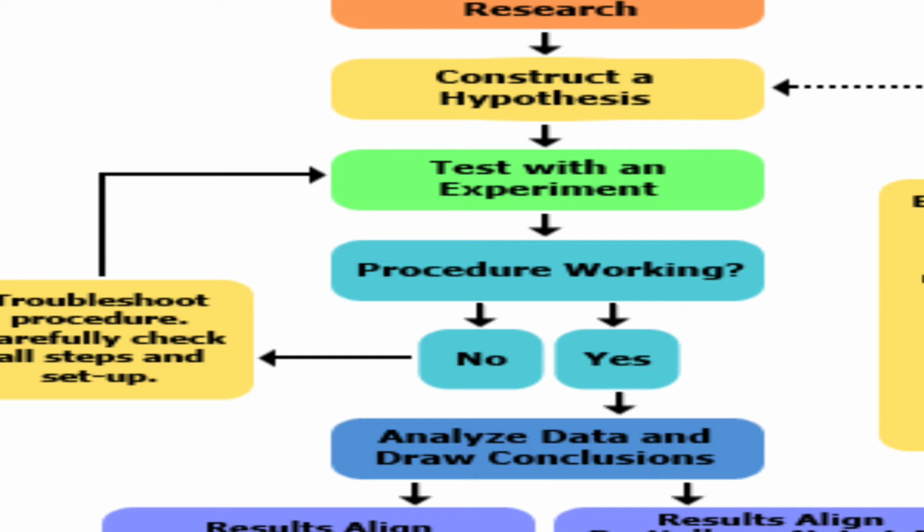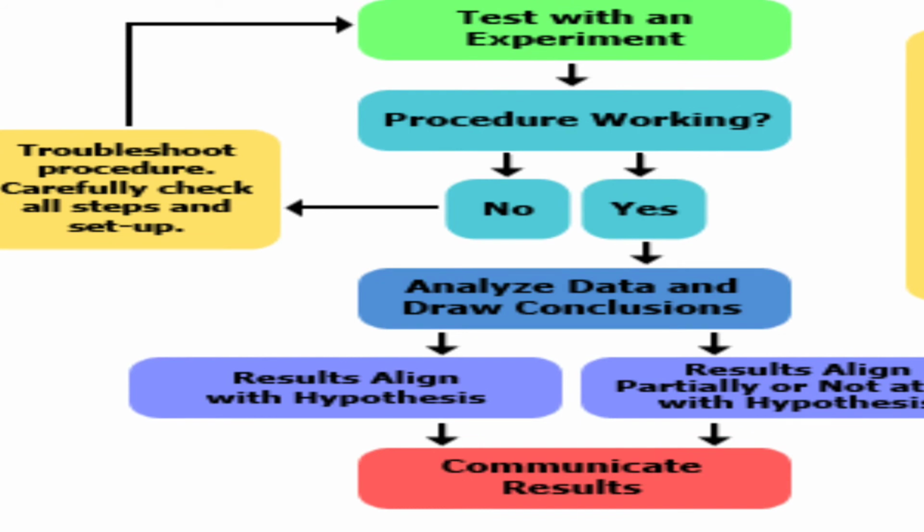If the experiment is not working, you have to find out whether any trouble in the procedure is there or not. So carefully you have to check all the steps, and if any flaws are there in any particular step, you have to modify it again and construct it newly. This is for when the experiment is not working. Suppose it is working, if yes, then you have to implement the experiment, analyze the data and draw conclusions.